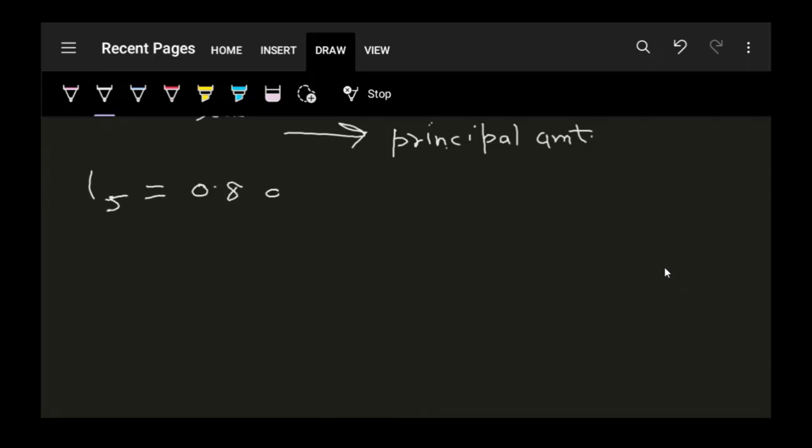0.8 or 80%. If you remember, this is an example from the previous video. So the effective rate for 5 years is 80%. This means that we are earning net interest of 80% on the principal amount every 5 years. You can calculate this rate for any time period, whether it is a year, month, week, or even a decade.